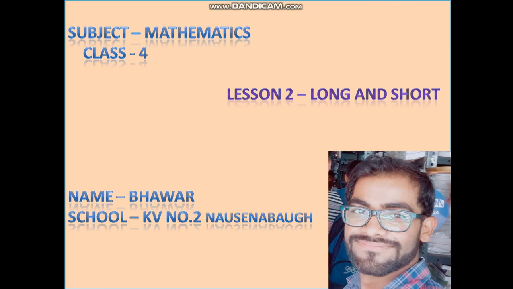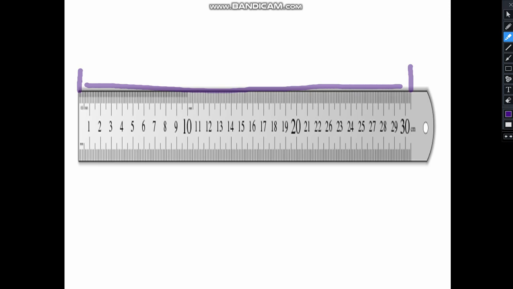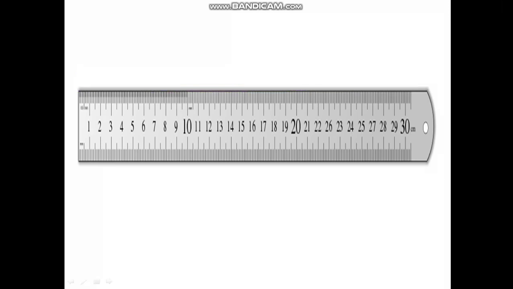Rahul's brother tells him we have different instruments to measure objects, like a scale, inch tape and meter scale. We have this scale to measure small objects. We use this scale in school and at home also, right? The scale starts from 0 and goes up to 30 centimeter. Each centimeter is marked here, and we write centimeter as cm in short form.